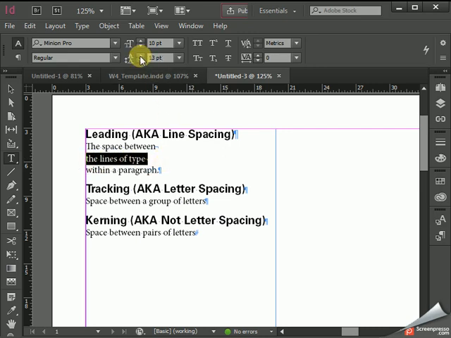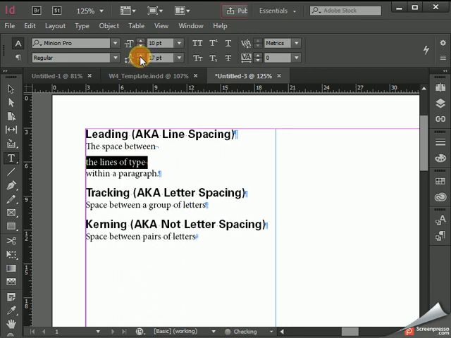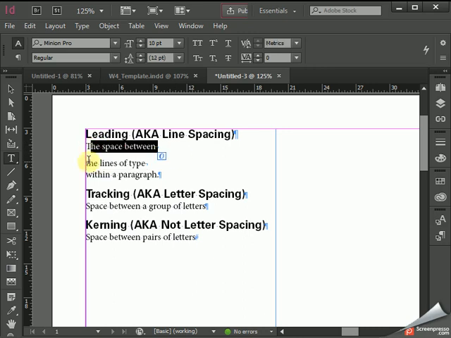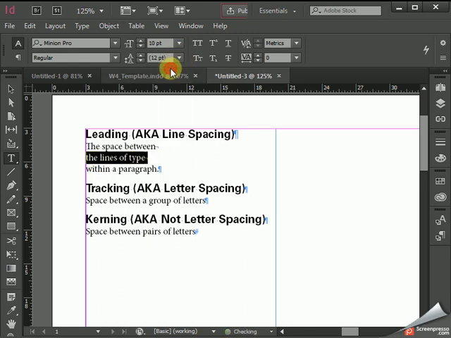So this line appears to drop lower than the space between, and the lines of type is 18 points. The space between is 12 points. As you can see the difference here. And this can look like paragraph spacing, but it's not. We'll set this back to auto,